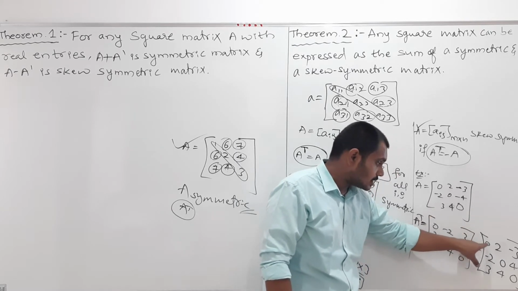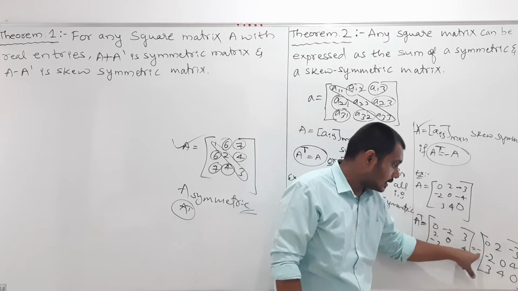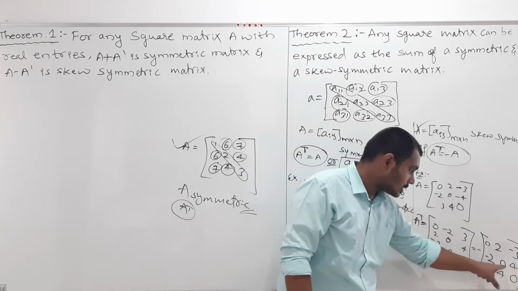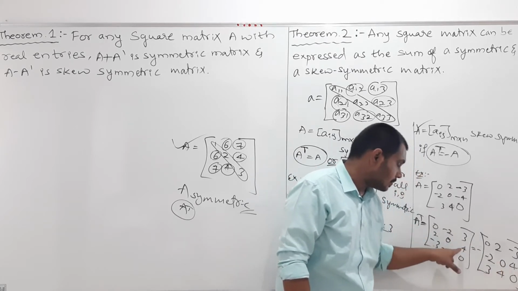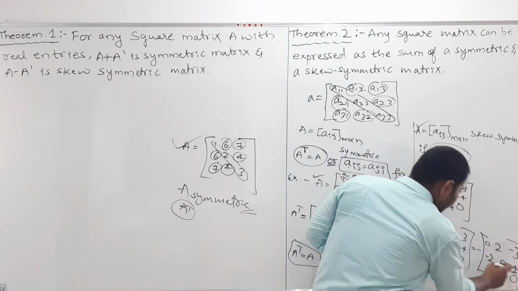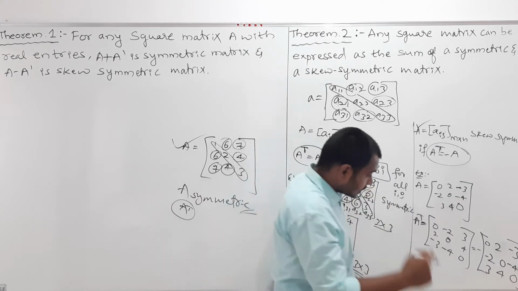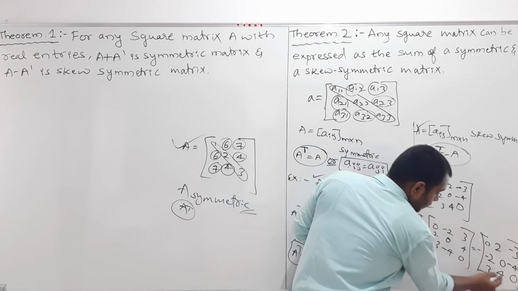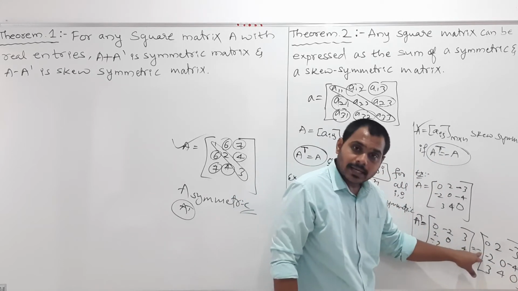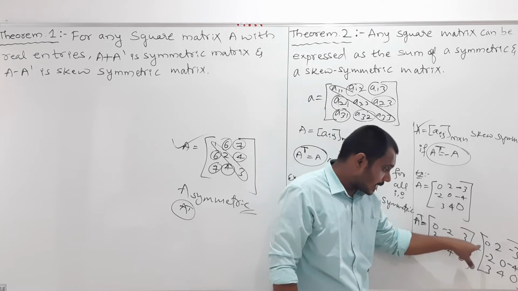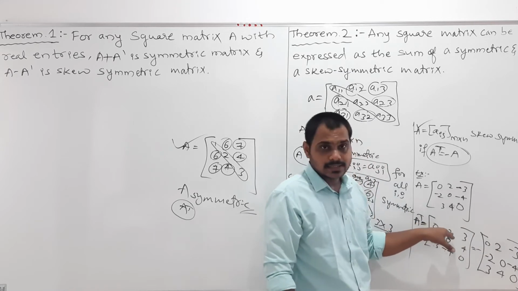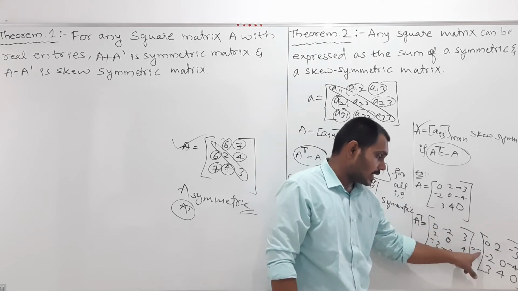Minus into 0 is 0. Minus into 2 is minus 2. Minus into minus 3 is plus 3. Minus into minus 2 is plus 2. Minus into 0 is 0. Minus into 4 is minus 4, so here you should get plus 4. Clear? Next, minus into 3 is minus 3. Minus into 4 is minus 4. Minus into 0 is 0. Clear? So whatever minus sign I took, it's correct, because after multiplying this minus sign into every element inside the matrix, I am getting this matrix. Therefore the minus sign I took is correct.